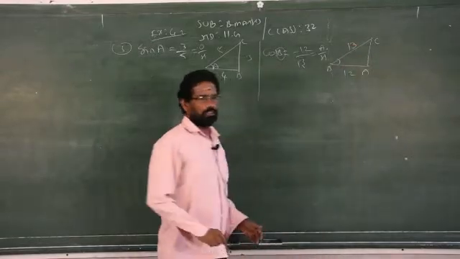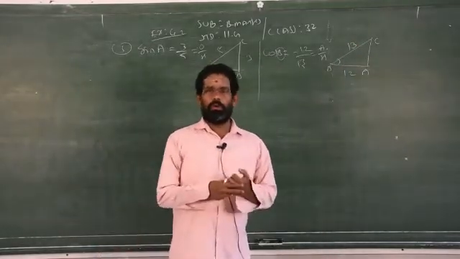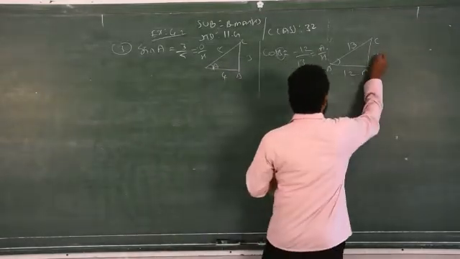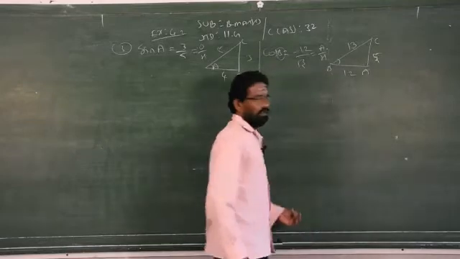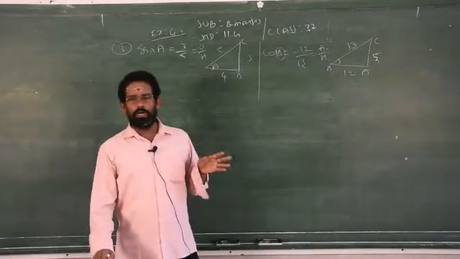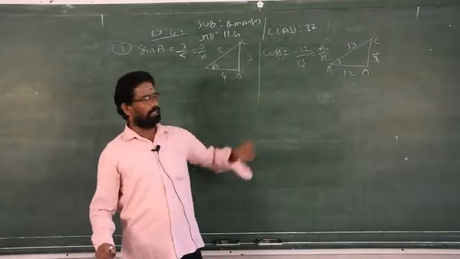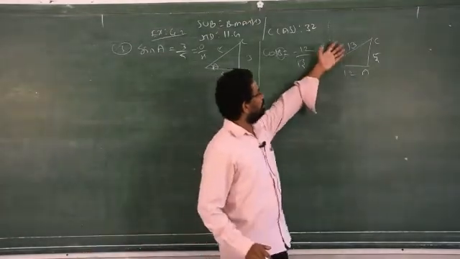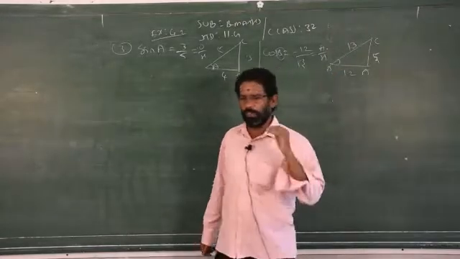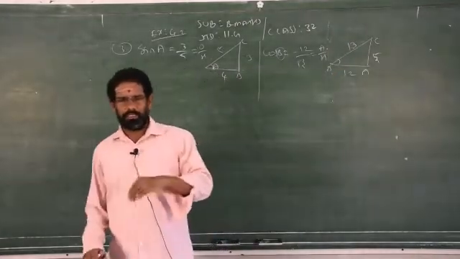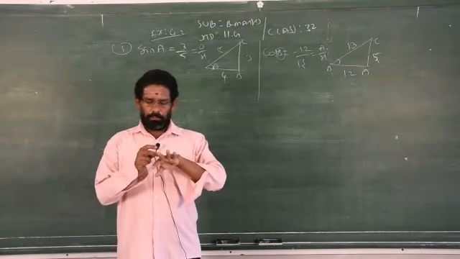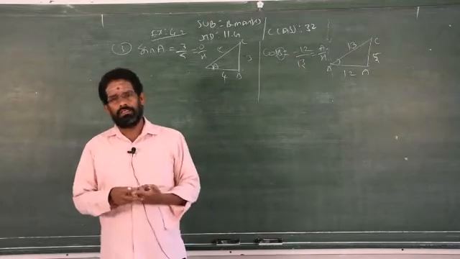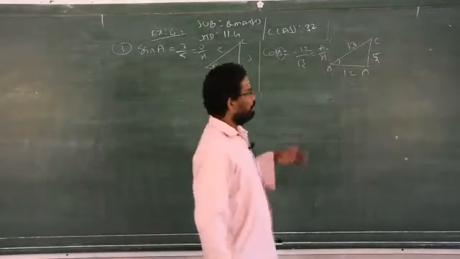Adjacent is 12, hypotenuse is 13. So 13 square is 169, 12 square is 144. 169 minus 144 will give you 25, and the square root of 25 is 5. Clear? So you have to memorize it, or you will go for the Pythagoras theorem, which you studied already in 9th standard. Whenever the hypotenuse is given, go for squaring the sides and subtracting, then take the square root. When the hypotenuse is not given, square the remaining two sides, add, and then take the square root. Keep it in your mind that way.